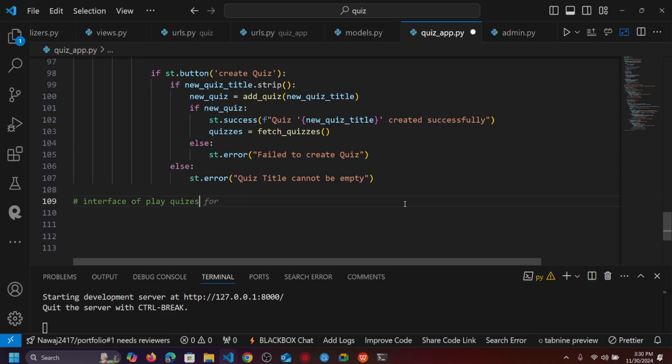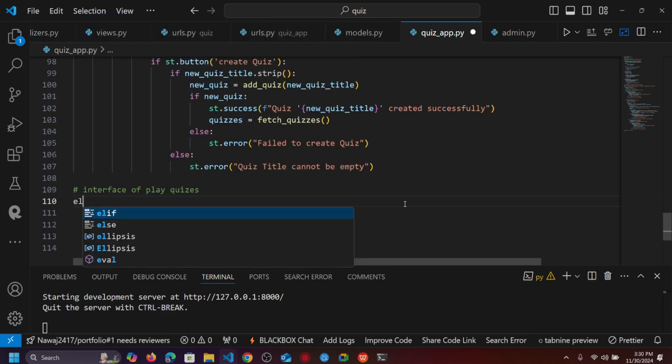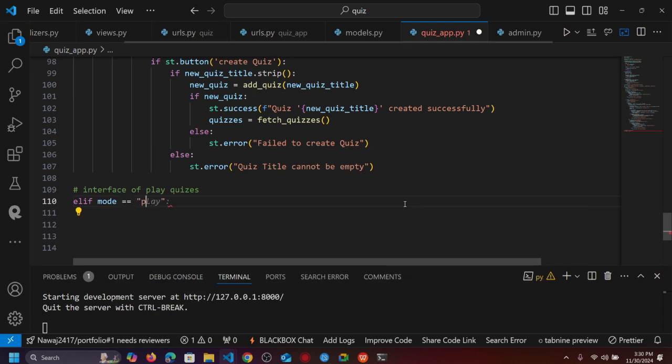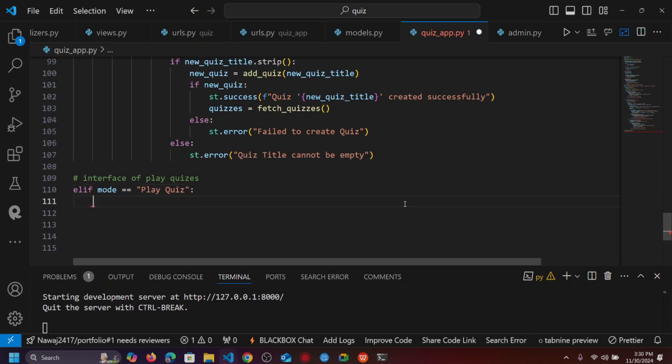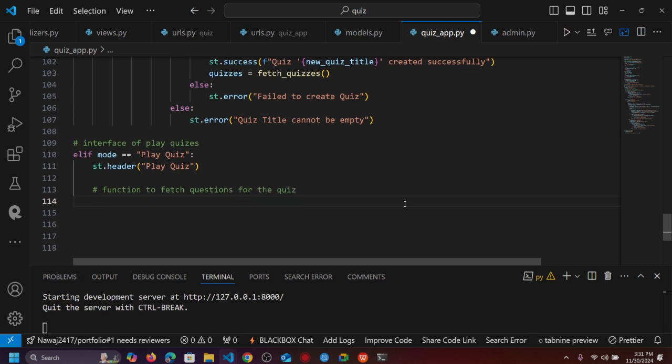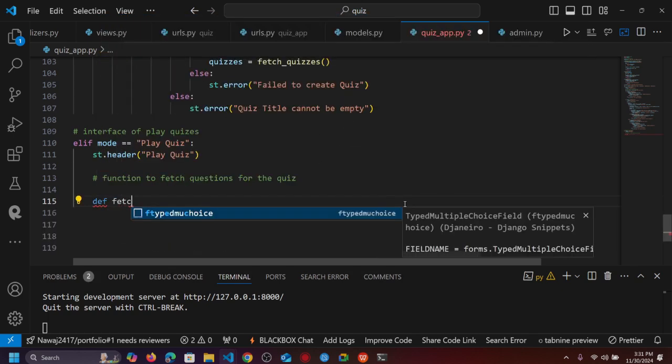So right here for play quizzes, write elif mode equal to play quiz, then it should be st.header "Play quiz," and let's define the function for it, a function to fetch questions for the quiz. Okay, now let's define the function def fetch question,